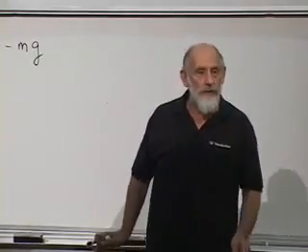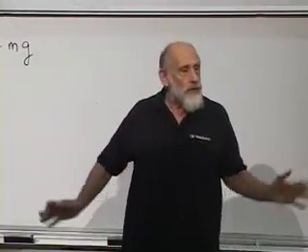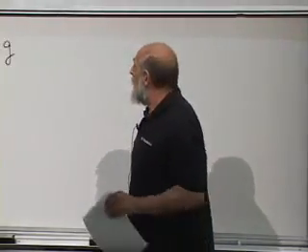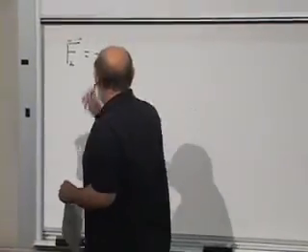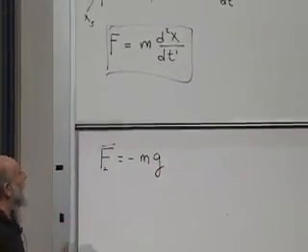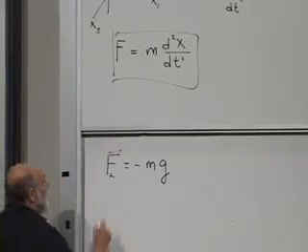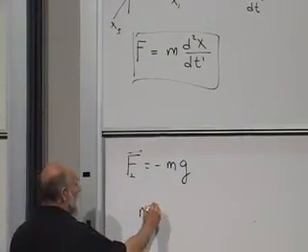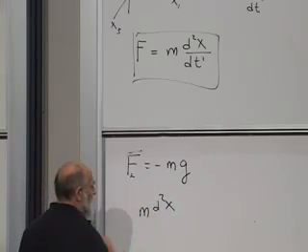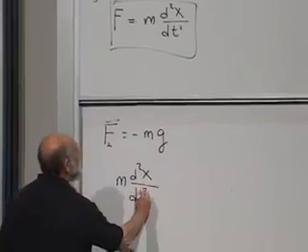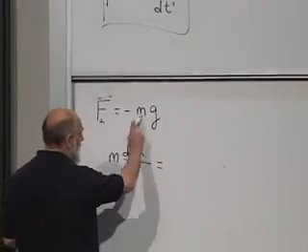That characterizes gravity almost completely. That's the special thing about gravity. The force is proportional itself to the mass. Well, if we combine F equals ma with the force law, this is the law of force, then what we find is that mass times acceleration, d second x, now this is the vertical component, by dt squared, is equal to minus,